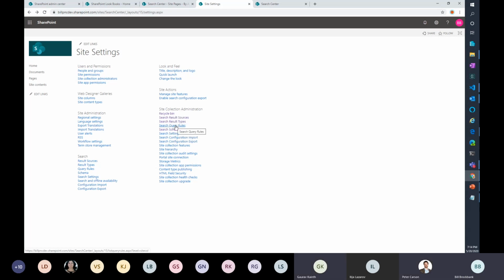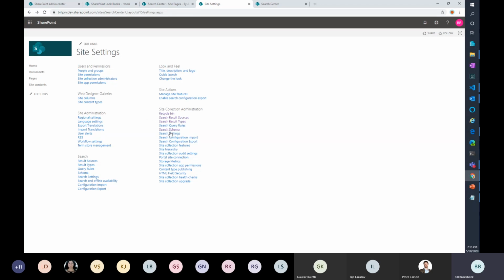But that search schema, how does that relate to the search schema that's managed at the tenant level? It's actually different, I believe the way they do it is they store it differently from the tenant. If you wanted something globally, you go to the tenant. Usually that's where I'm doing it for most of my work. But you can create one that's just specific to that site collection. So you could create a different managed property for the same refinable property name at the site collection level in a dozen different site collections. Those wouldn't conflict? They shouldn't, but I've never tried doing that. There's so many refinables, I just use a new refinable.